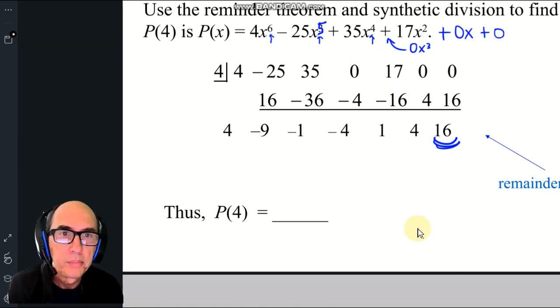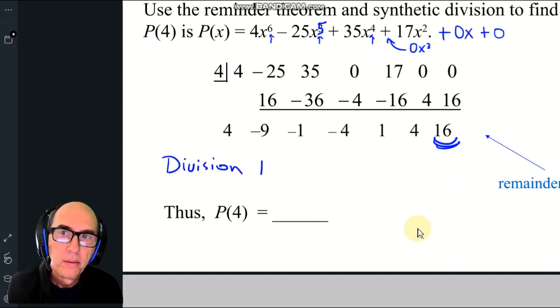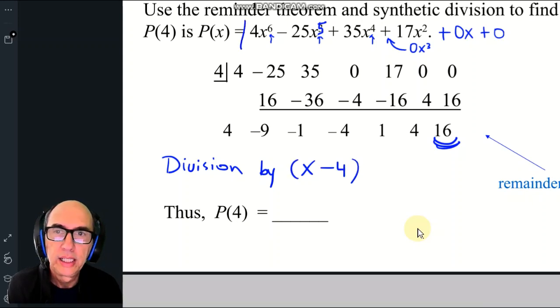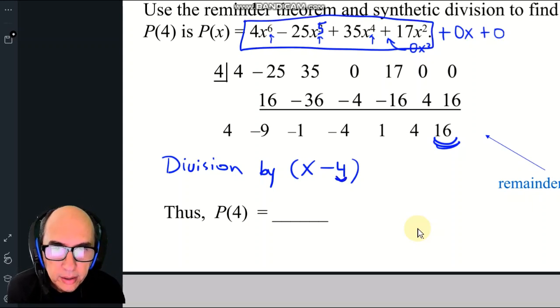This is a division by x minus 4, so you're dividing this polynomial by x minus 4. Get this number after the negative, 4, and you plug it into the polynomial